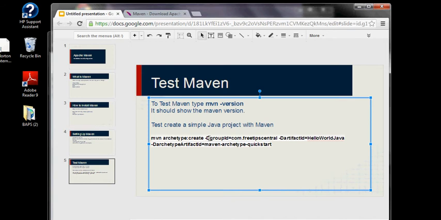Then you have to give a command line or system variable which is group ID. So -D groupId, and here I have mentioned com.freeTipCenter. This is similar to the package structure or identifying an organization. Let's say your organization is Microsoft, then you would write com.microsoft. Then you have artifactId. Artifact ID is nothing but the project name,